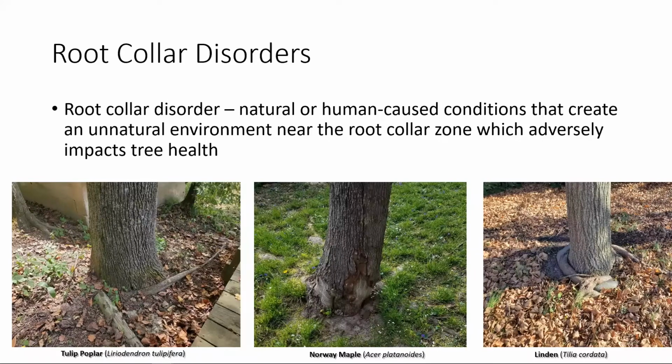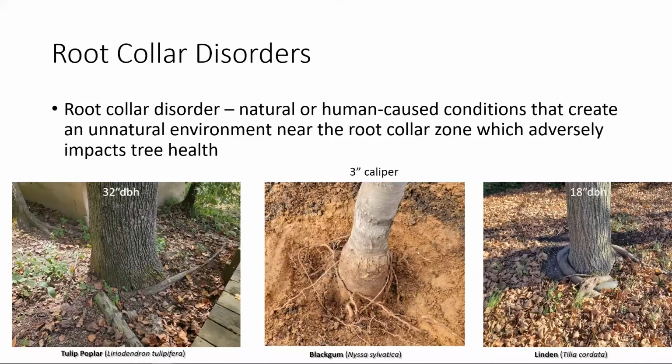in the case of the tulip poplar, it's just a root at a weird angle there that crosses trunk tissue, but becomes a problem as that trunk tissue starts to become compressed and we start to lose some of that phloem function first, and essentially the tree gets strangled off. In the very middle picture there, on this Norway maple, it's difficult to see because it's the same color as the soil, but that is a massive complex of girdling root right there that's actually caused dieback and decay and dead tissue. So that's a major disorder of the root collar, and definitely something that would really concern me as an arborist.